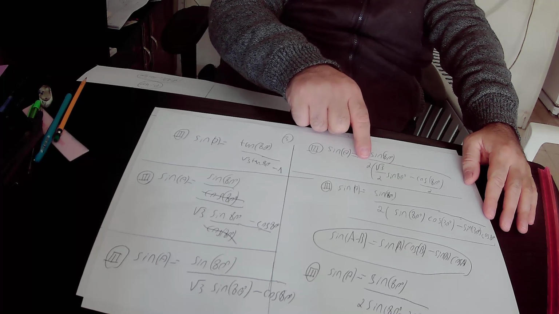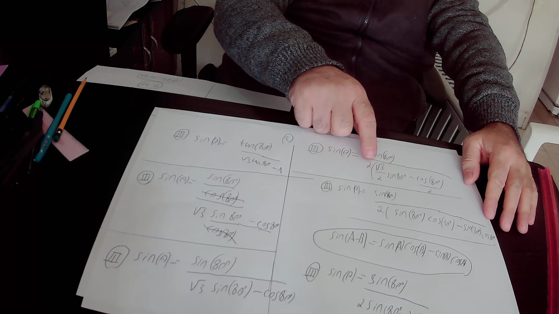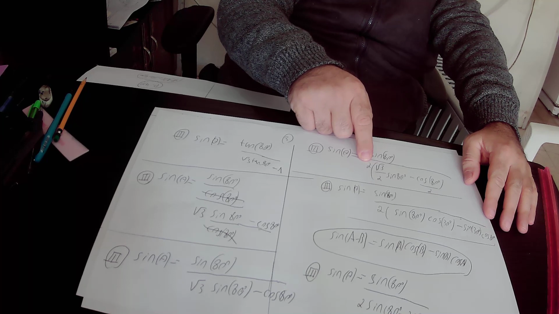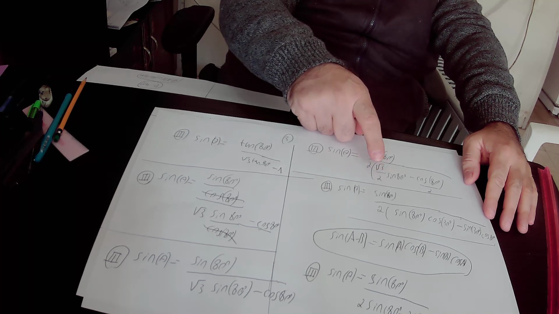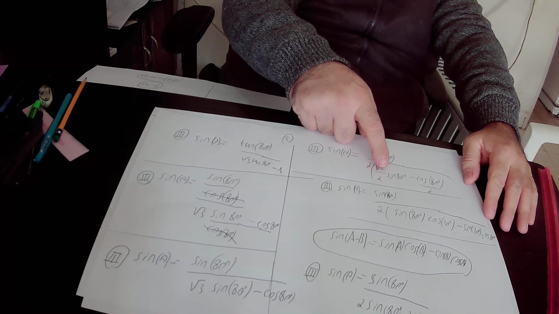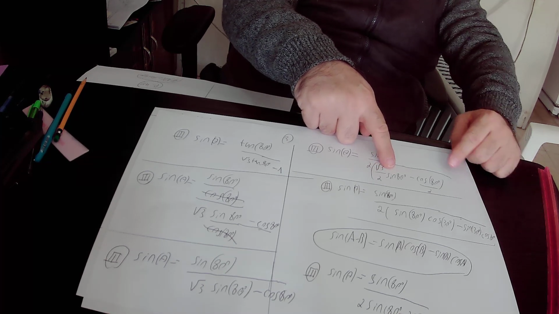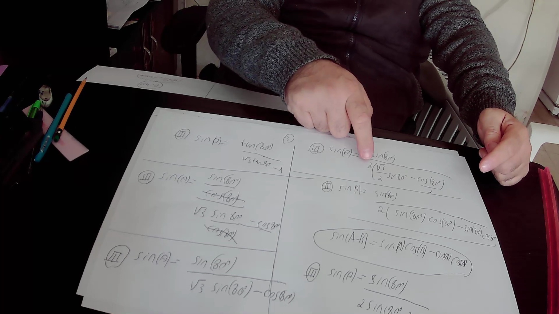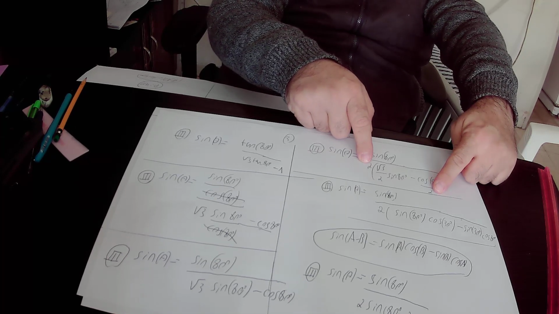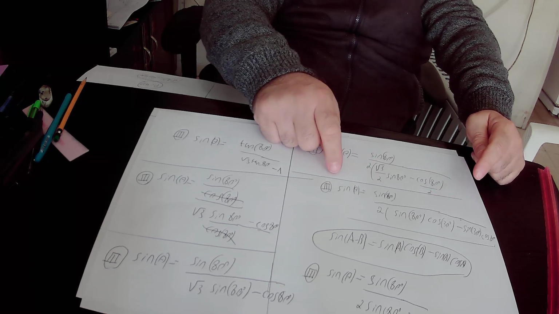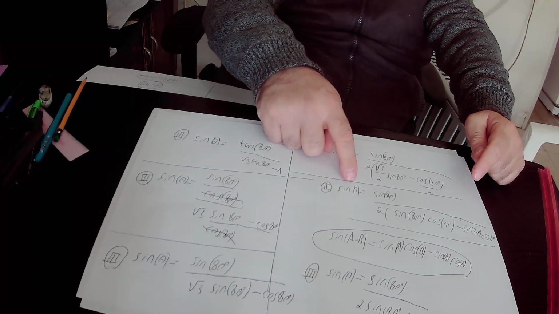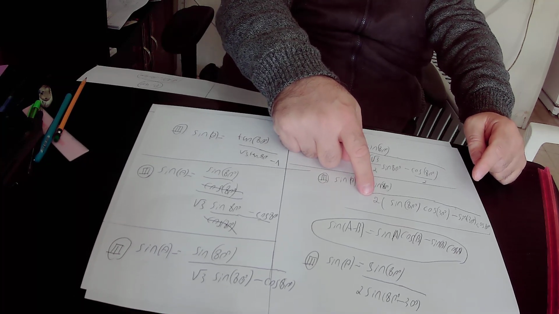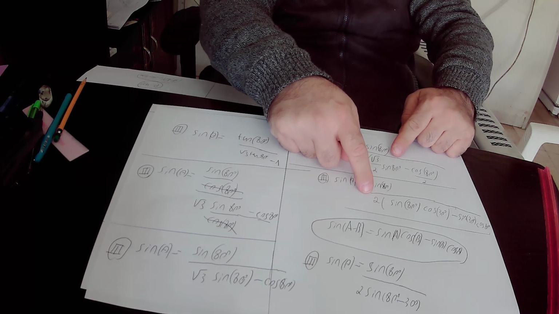So we multiplied the denominator by 2 and then we divided the denominator by 2. Here we multiplied by 2 and here we divided by 2. So it is square root of 3 over 2 times sine 80 degrees, and cosine 80 degrees we divided by 2. Okay, here we multiplied by 2 and then we divided by 2, so we changed nothing. So we got that sine theta equals sine 80 degrees over 2 times, here we have sine 80 degrees,